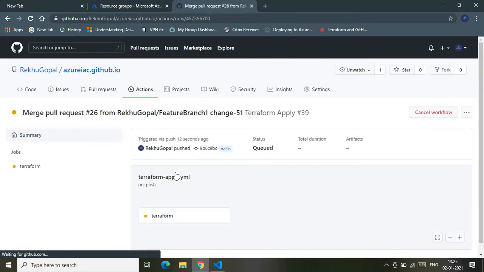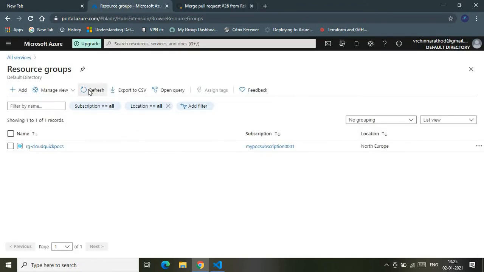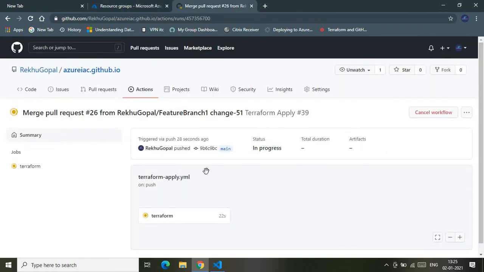So it will start to provision the required resources in my subscription. This is my subscription. As you see here, I'm not doing anything manually. Everything is happening via source code, and we are writing the infrastructure in Terraform, which is a highly used infrastructure as code language. So this is the pure infrastructure as code method.